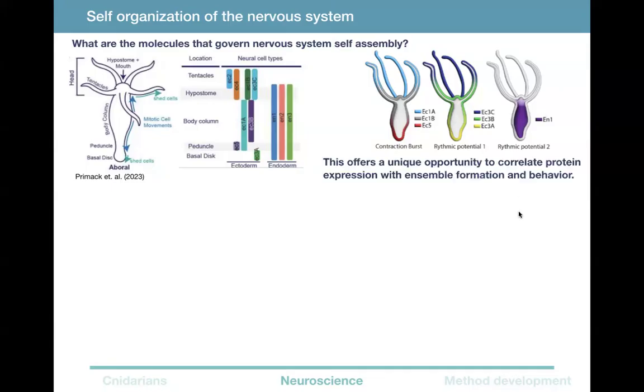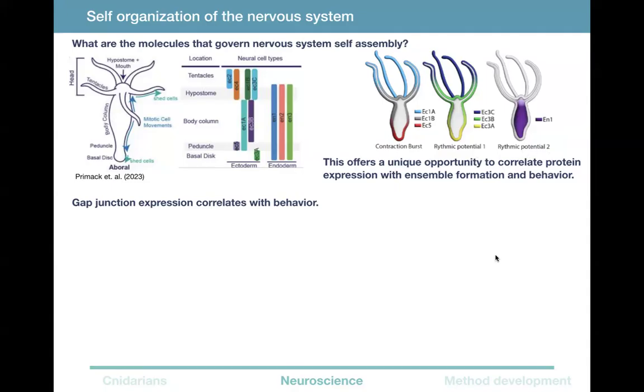What we can do here is, Hydra is giving us this unique opportunity to correlate protein expression with the formation of these synchronized ensembles and the behavior of the animal. And what we're finding is that it seems like gap junction expression is correlated with behavior, meaning that contraction neurons, all the different kinds of neurons associated with contraction, express lots of different kinds of proteins from each other, but they all express the same kind of gap junction. And it's the same thing with rhythmic potential 1 and rhythmic potential 2 and all these other